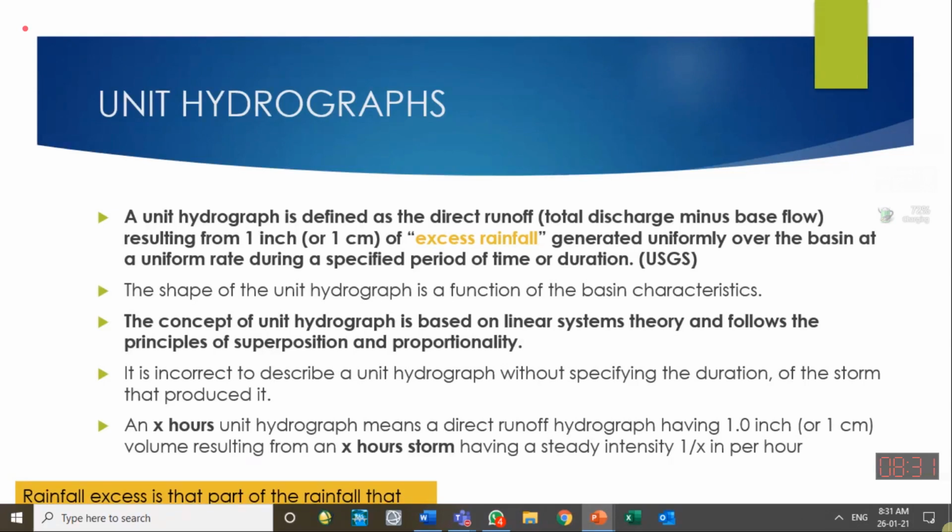So for estimation of the unit hydrograph, we don't take the total rainfall. We subtract the losses which occur in the catchment due to evaporation, infiltration, interception by the canopy, and depression storage. So we subtract some part of the total rainfall. The part of the rainfall which we expect will reach the outlet as direct runoff is called effective rainfall with respect to hydrographs.